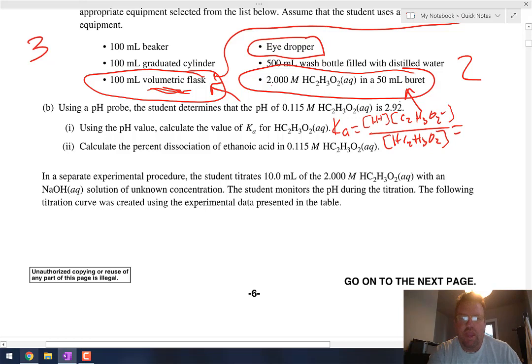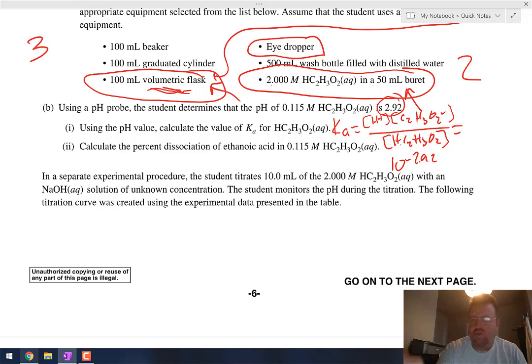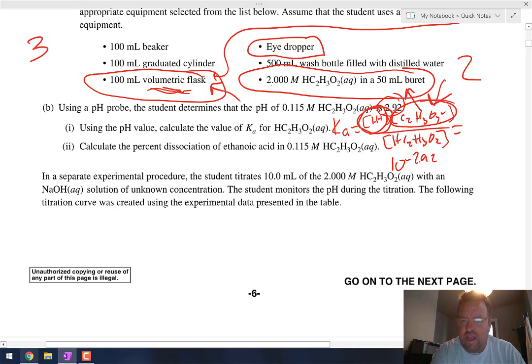And if we know the pH is 2.92, then we can take 10 to the negative 2.92 to find the hydrogen ion concentration. So 10 to the negative 2.92 is 0.0012. So we know the hydrogen ion concentration is 0.0012. And because it's a 1-to-1 ratio, we also know the acetate ion is also 0.0012. So the expression is 0.0012 squared